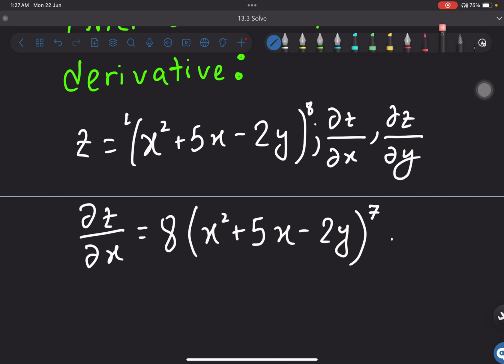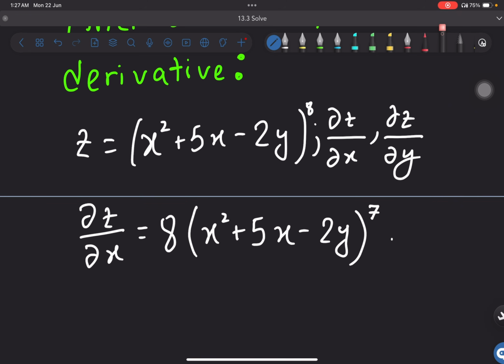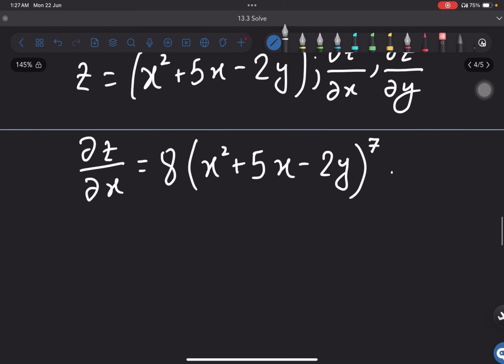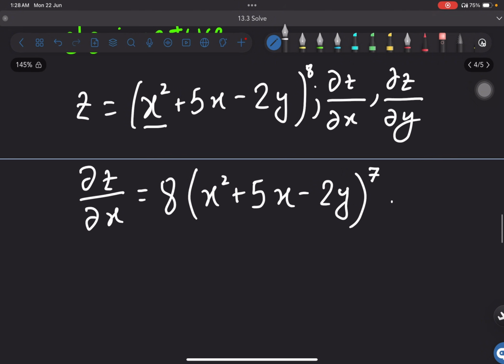So at first, what did we do? We differentiated the whole function, because we know the differentiation of x squared is 2 into x to the power 2 minus 1, which comes to 2x. And now, since there are other elements inside of the actual function, we have to differentiate them as well. So when we differentiate del z with respect to x, of course it is a function of x, so we can easily say 2x, and then 5x, x becomes 1, so 5 into 1, and over here 2y is entirely